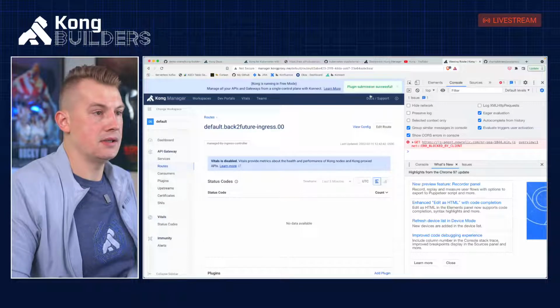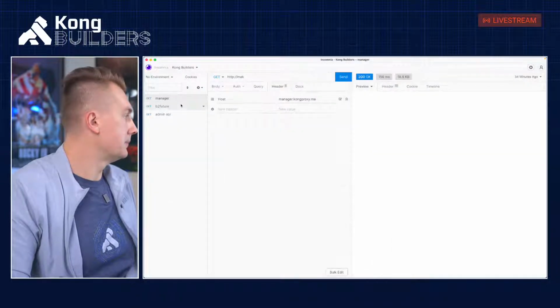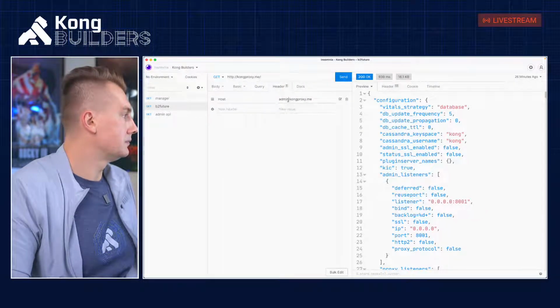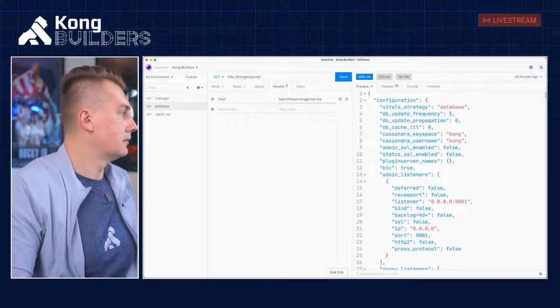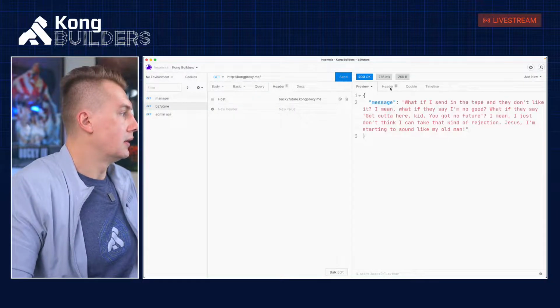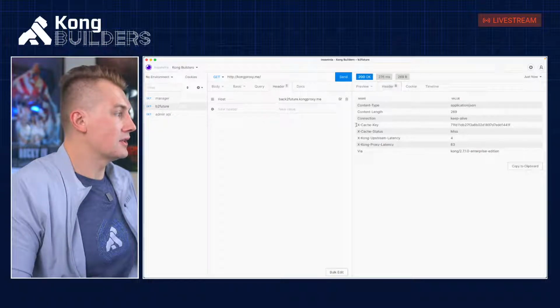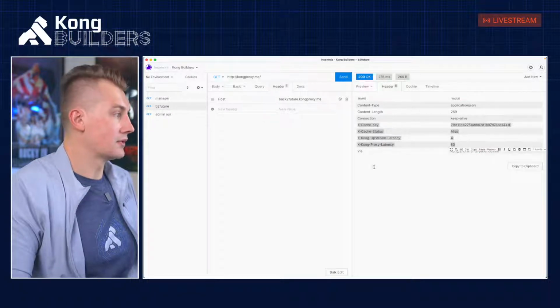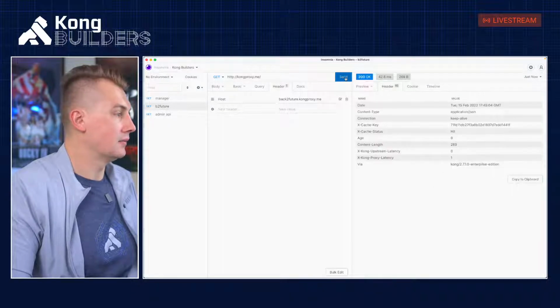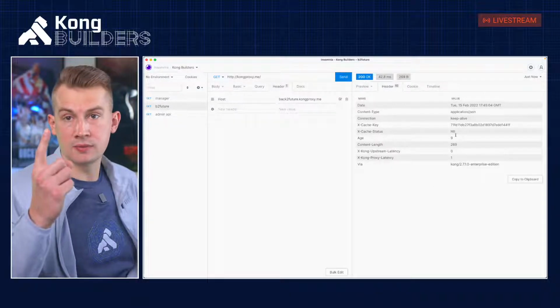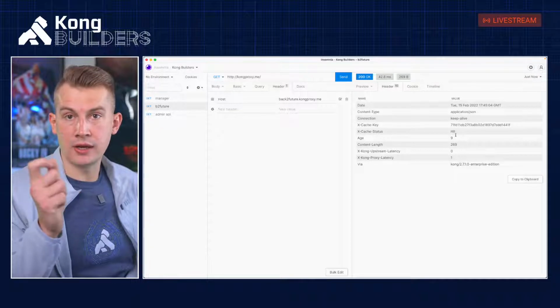So now let's see if I will be able to hit my Back to the Future. And now, as you can see here, everything works, right? So we have the cache headers. The first one was a miss because there was no entry in the cache.